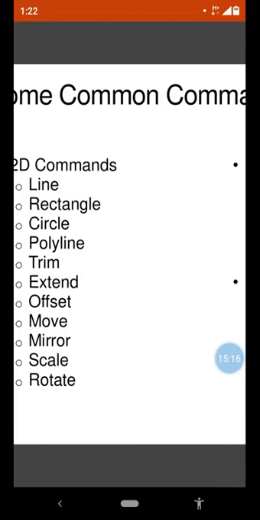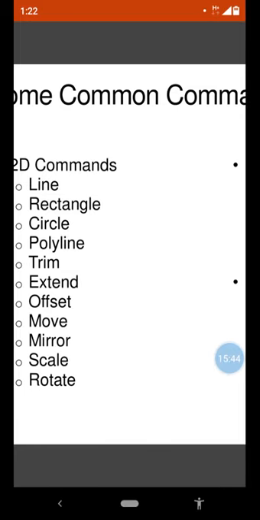Then mirror: suppose you want the same kind of drawing on the other side of an axis. Whenever we need to take a mirror, we require an axis. So at the center we draw a center line, and whatever is drawn on one side, when you select the center line, you are able to draw the same drawing on the other side of this center line.